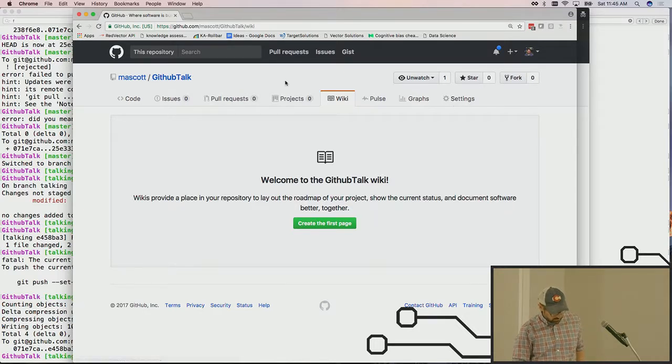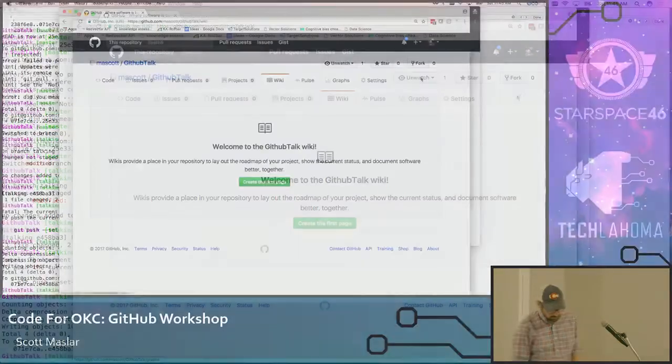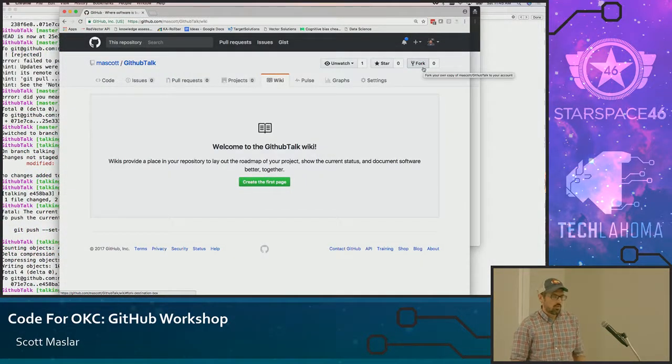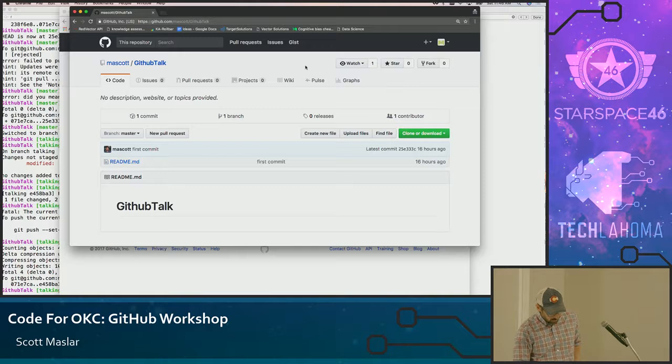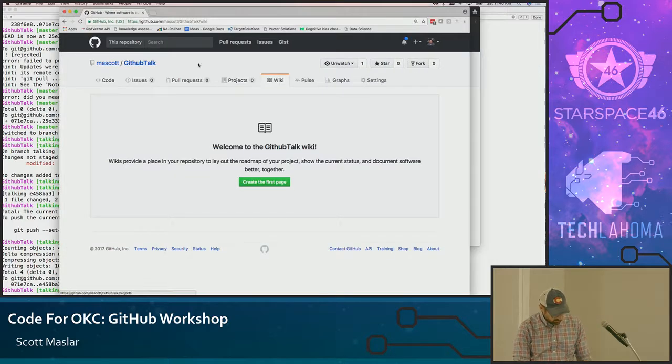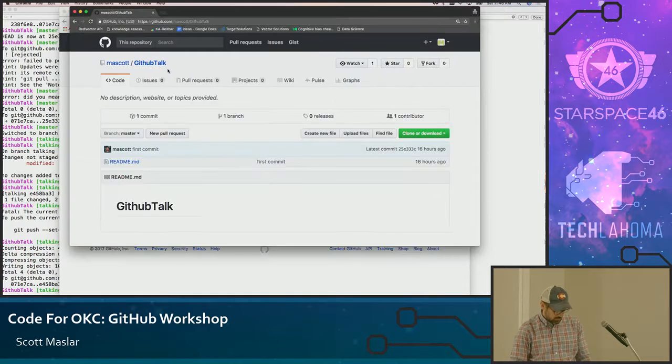And then here's the other thing. So there's this fork button. On a lot of projects, they want you to fork the project and merge all your commits there, and then initiate merge requests from your repository up to their repository. So if you click on this button, that's what this guy over here is for. You'll see, like in that original one, it's mascot.github talk, right? That's my normal username, and I own that project. And then this other one,